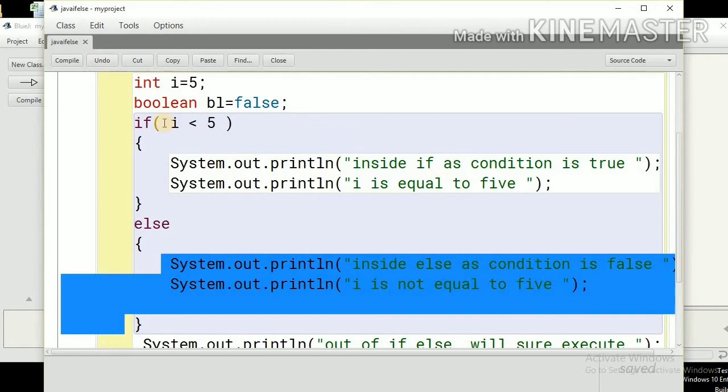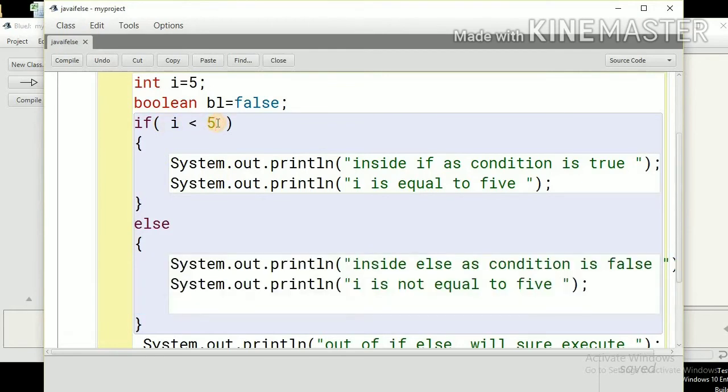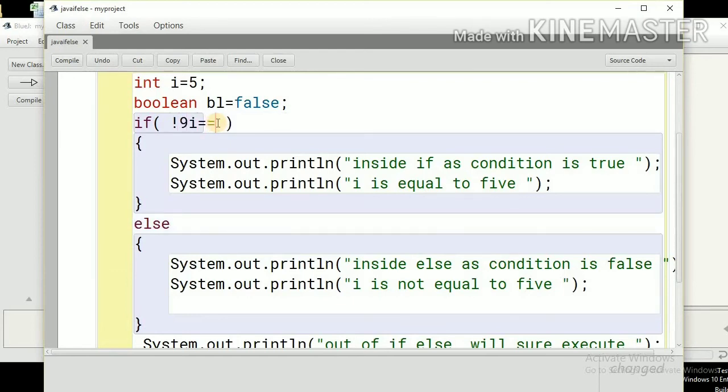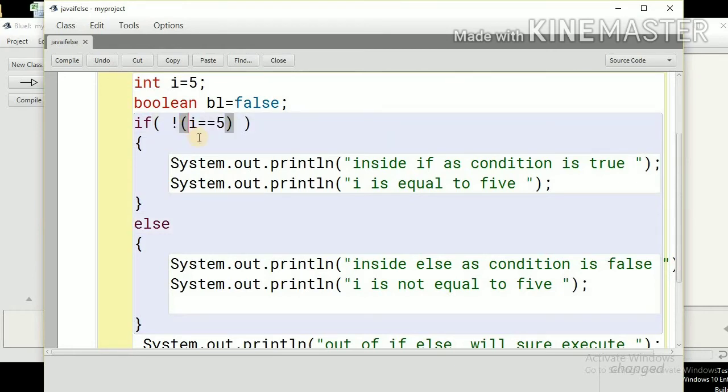Let me show you another example. Let's say I use not, and then i is equal to 5. First let us evaluate the result of i is equal to 5. i is 5, this is equal to 5, so this is true.